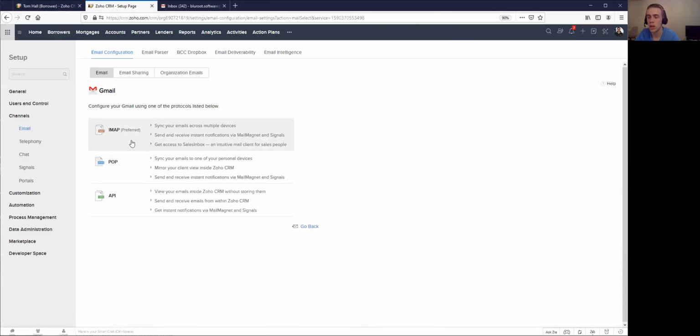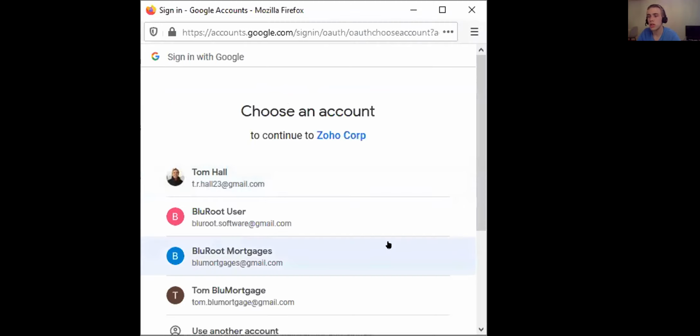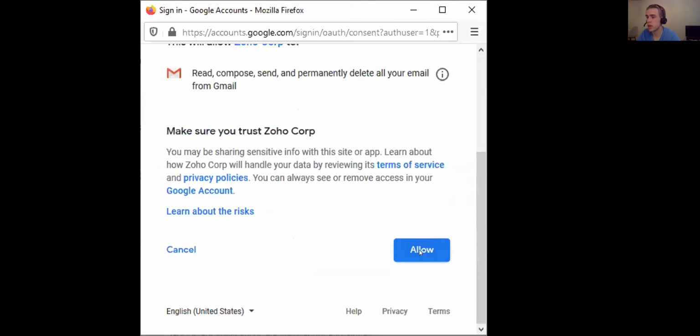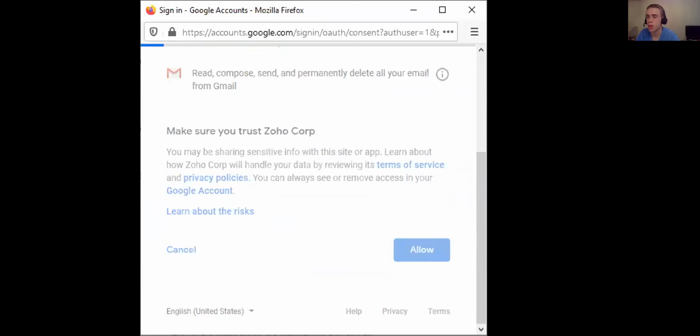I hit Gmail, I choose the IMAP, and then what's popped up on my screen is a window where I get to choose my Gmail account. So I'll do this one here. It asks for permission. I allow that permission. And now, just to go back to the actual screen here,